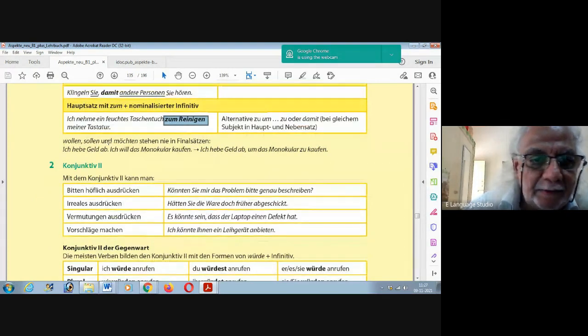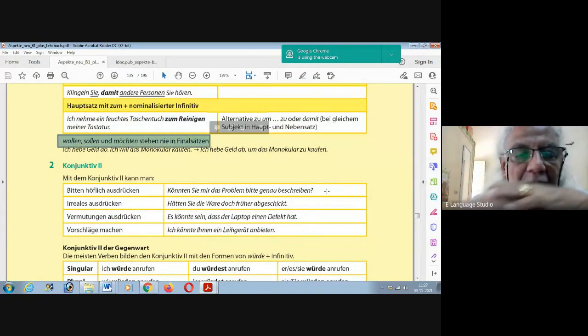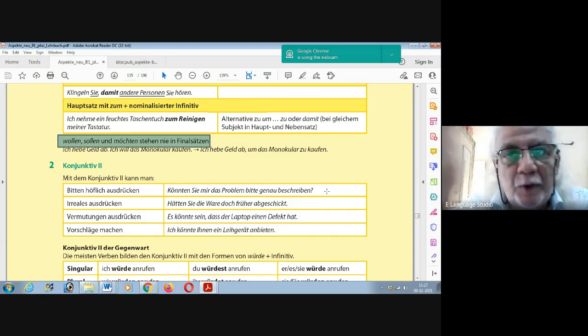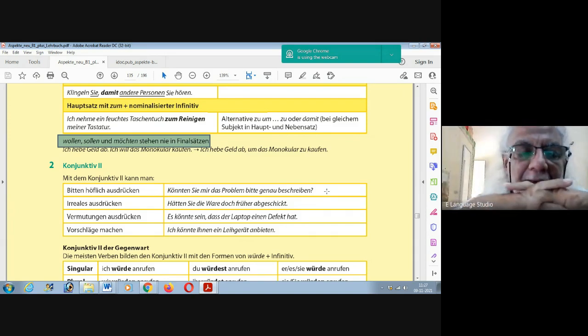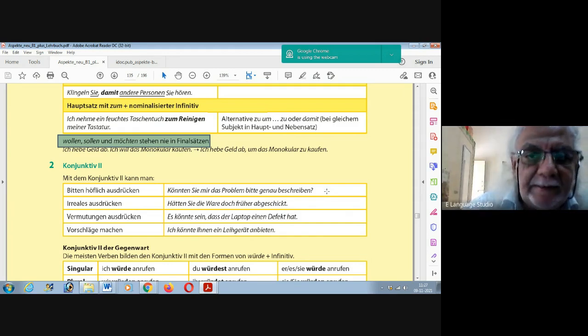And the last important rule: wollen, sollen und möchten will never appear in a damit or um-zu clause. "Zu wollen, damit ich will, zu sollen, damit ich möchte" is not possible, because these three verbs already indicate